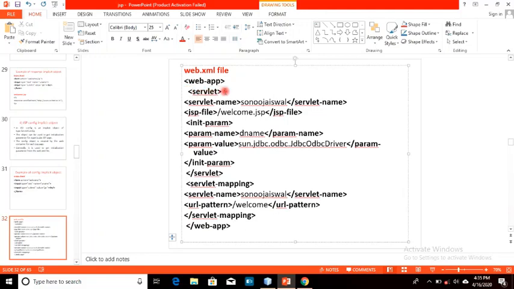You have to add a servlet, then the servlet name, then the JSP file and the init parameter. And in init parameter you have to provide a parameter name, that is dname, and the parameter value for that. So if you want this particular value to be fetched with the help of config, you can access it with the help of the parameter name.